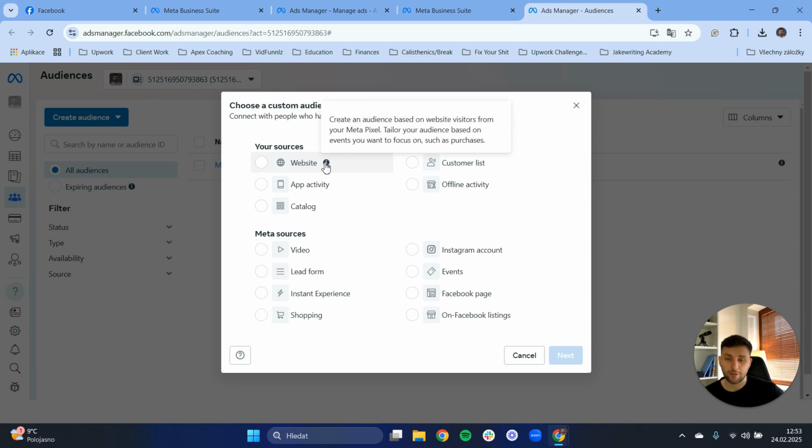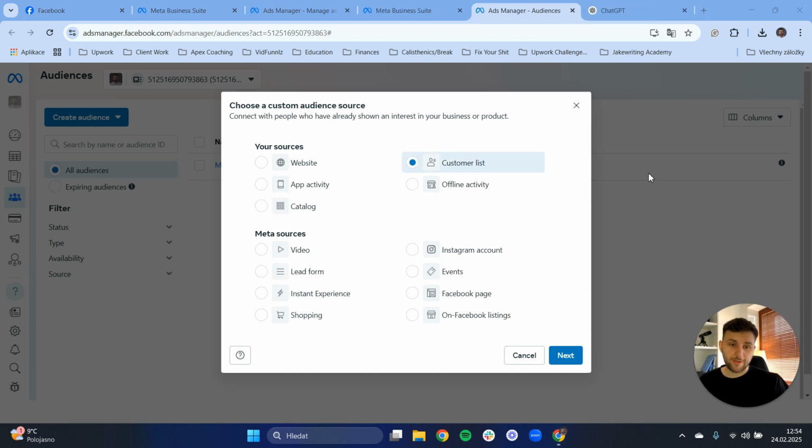But we are going to talk about Pixel further. But this is also great, right? Now you can do it through app activity, catalog, offline activity, like everything. Now you can also base it off meta sources. Now, what this means? Now you can obviously just use only one of the options. You cannot use the source of multiple ones, right? But for this case, I'm gonna just create a customer list, and I'm gonna use ChatGPT to help me with